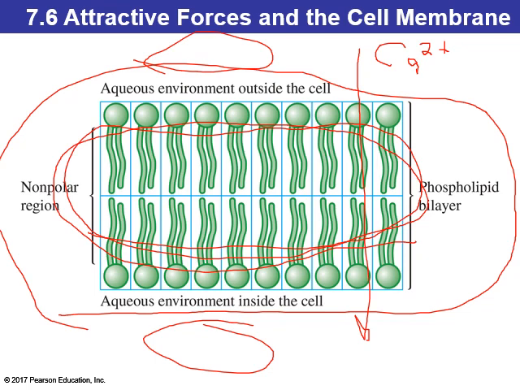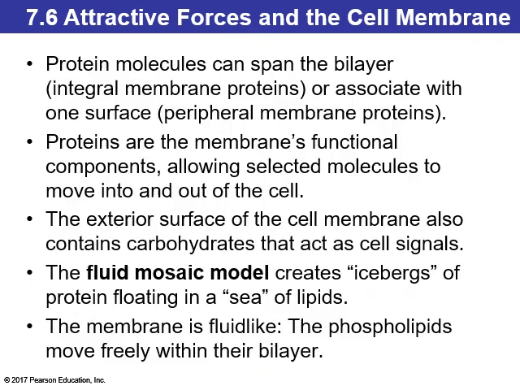We're going to have channels for our different ions. We're going to have signaling proteins that can sense things on the outside of the cell and cause a change on the inside of the cell. So what looks like a very simple structure here, the bilayer, is actually just a canvas or a region for many different potential